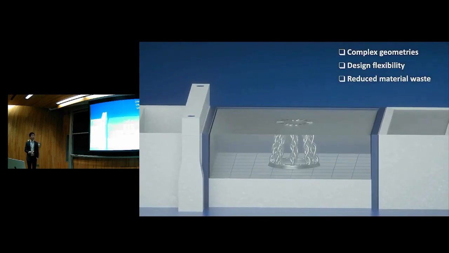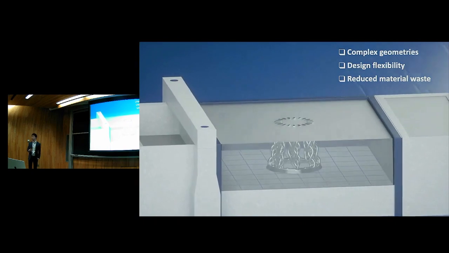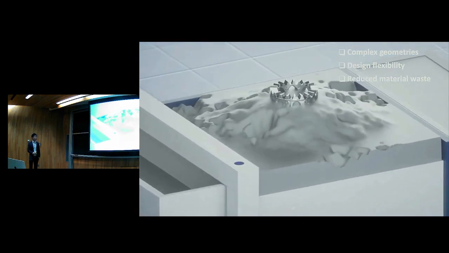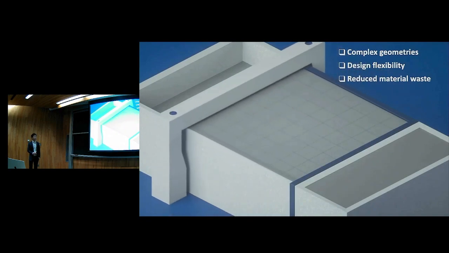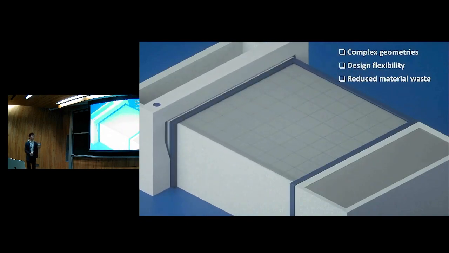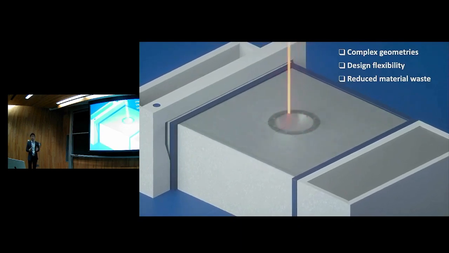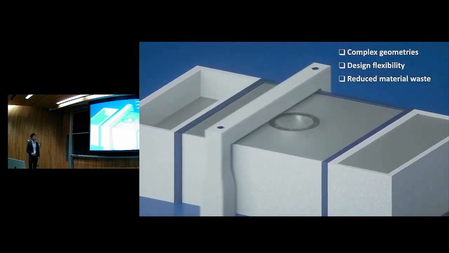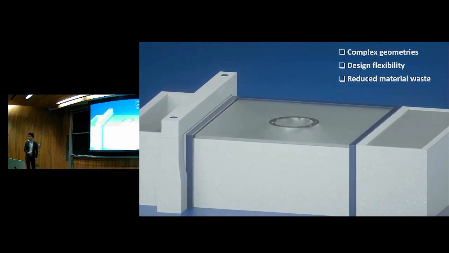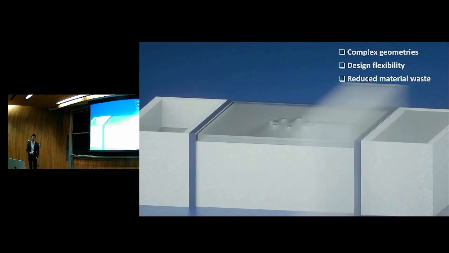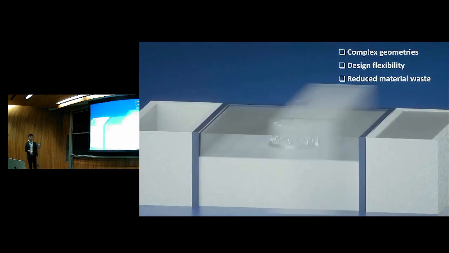Compared with the conventional subtractive manufacturing method, metal additive manufacturing offers several advantages. First of all, it can fabricate really complex geometries which are hard for conventional subtractive manufacturing methods. It offers tremendous design flexibility,